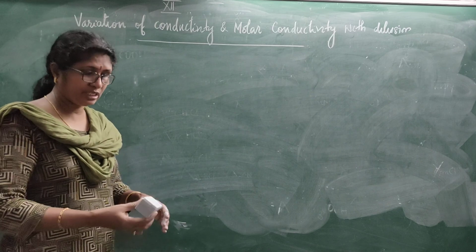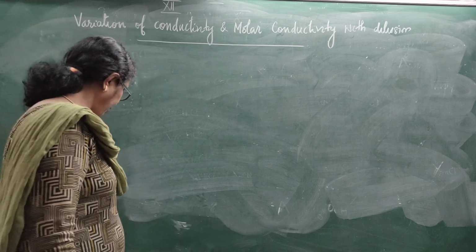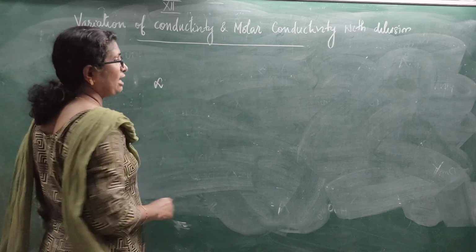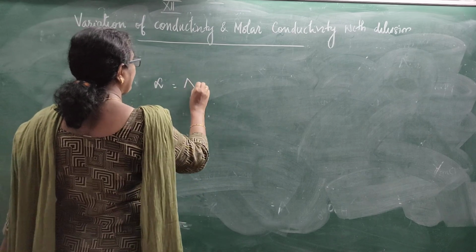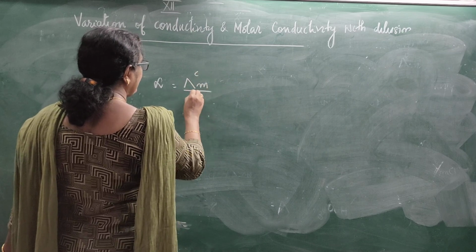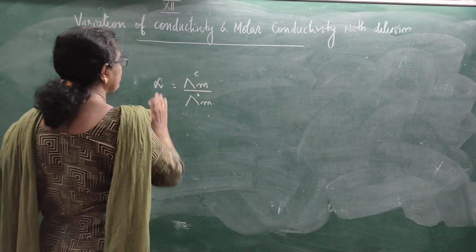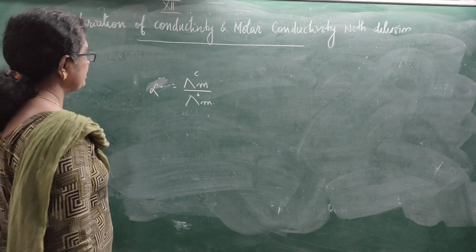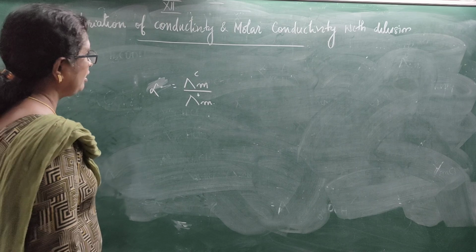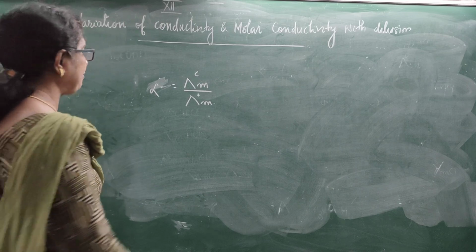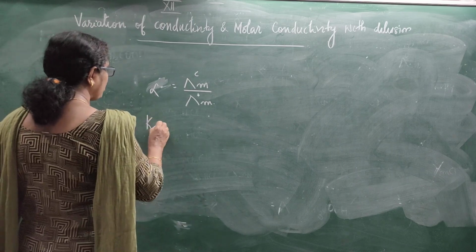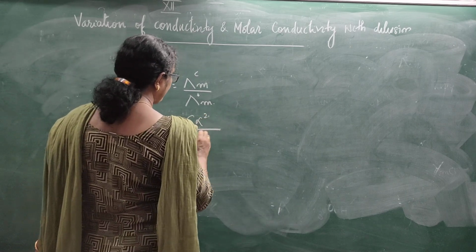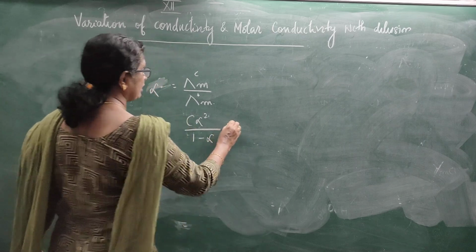So that is one application of Kohlrausch's law. Another application is you can find out the degree of dissociation alpha, that is equal to lambda m at any concentration by lambda m naught. Alpha, the degree of dissociation, is equal to lambda m at any concentration by lambda m naught. And what is the equilibrium constant? Kc is equal to, last year you have studied, C alpha square by 1 minus alpha,